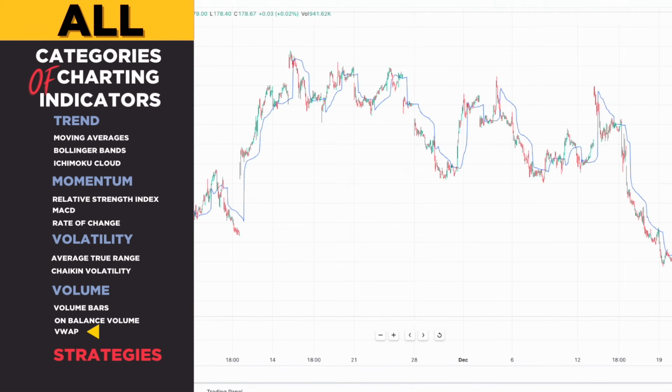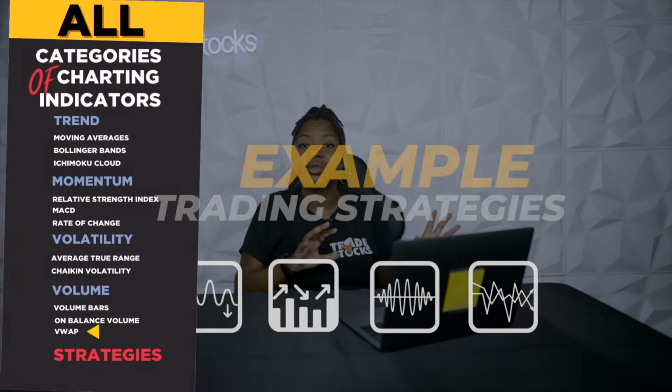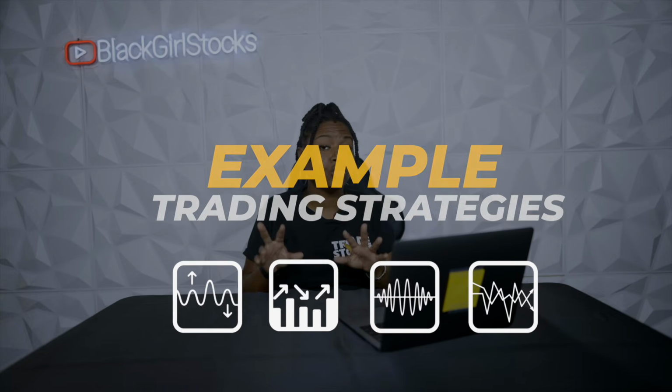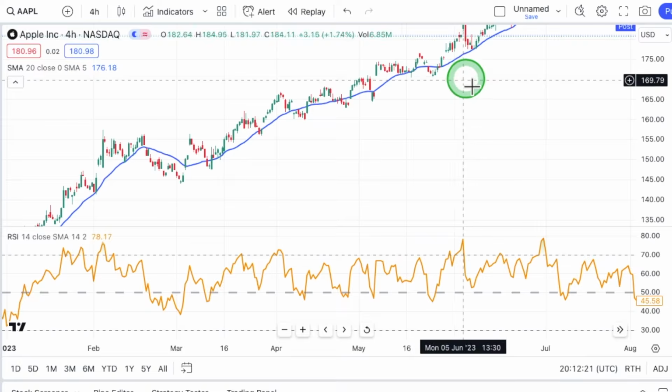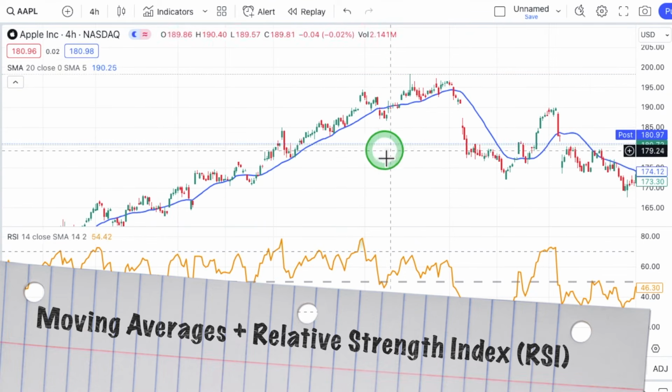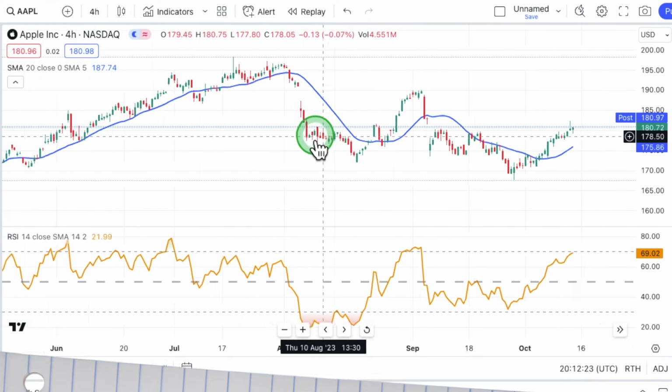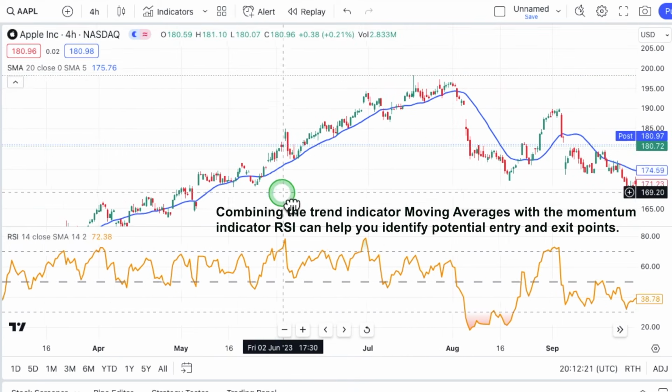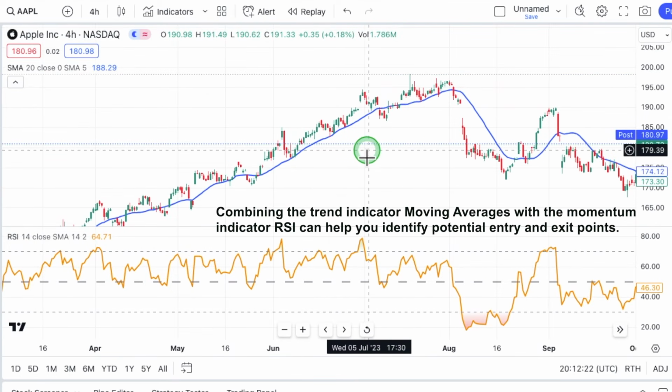then that could be a sign to go short or take bearish positions. Before we finish this video, I just want to go over a few different example strategies on how to make the most of all 4 categories of trading indicators by mixing a few of the indicators that we talked about today. This is for moving averages and the relative strength index, or RSI. Combining the trend indicator moving averages with the momentum indicator RSI can help you identify potential entry and exit